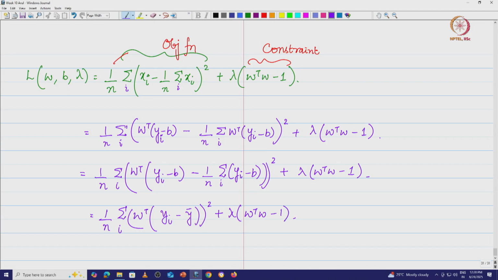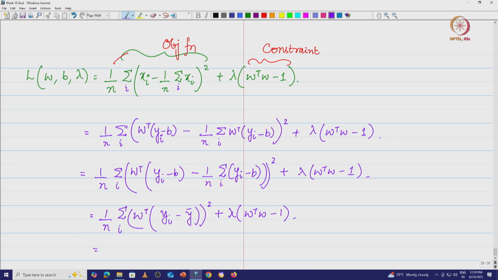Right. So, this is nothing but w transpose into yi minus b minus 1 by n sigma yi, then minus 1 by n sigma b. Sigma b is going to be nb divided by n, which is just b. So, this is going to be minus b, and minus of minus b plus b gets knocked out. So, you just have 1 by n sigma yi, which is nothing but y bar, the mean vector that we have. Now, let us write this.